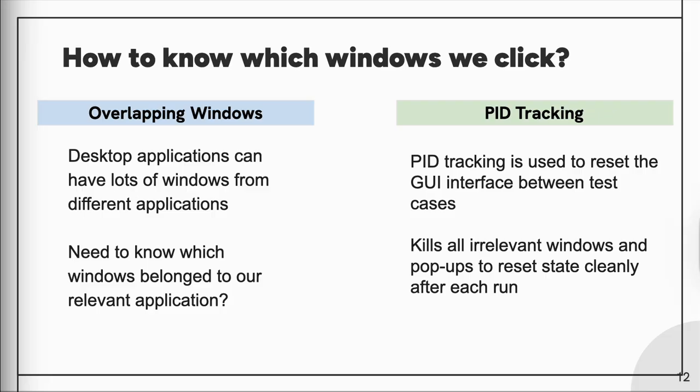So how do we know which windows we're trying to interact with if we're testing? How do we even know which application we are interacting with? If we just click anywhere, we could open up a different application completely that we did not intend to test originally. So to get around this hurdle, the authors record their process PID that initiates the GUI interactions only when